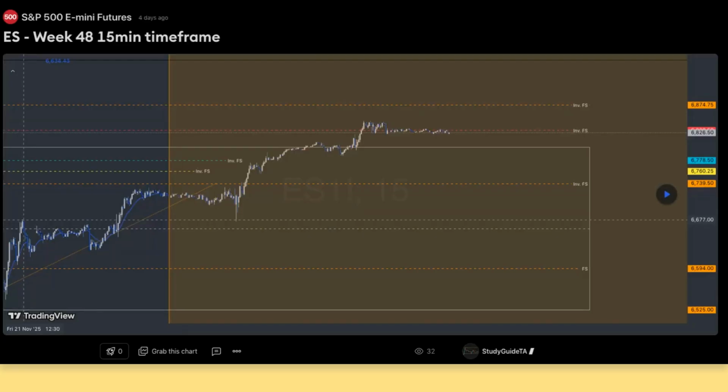If you put a horizontal ray line right there, it would be the perfect test at November 25th at 7:30, right at market open. Price dropped down right to that level to pick up orders and then continued to accumulate upwards to the weekly